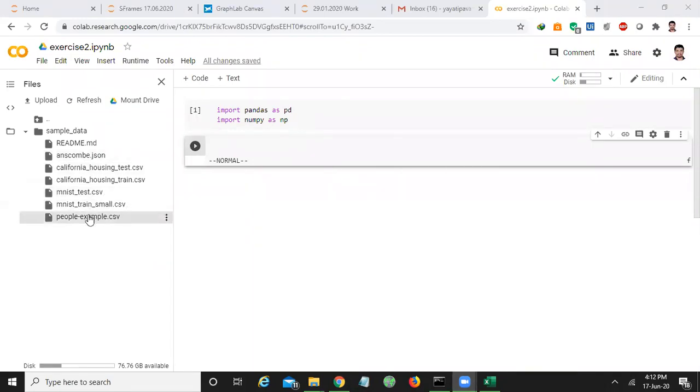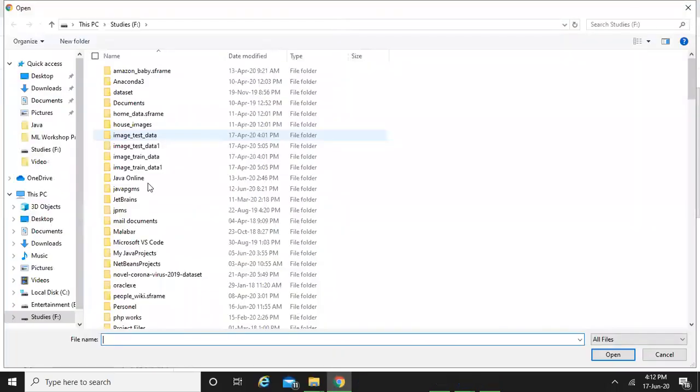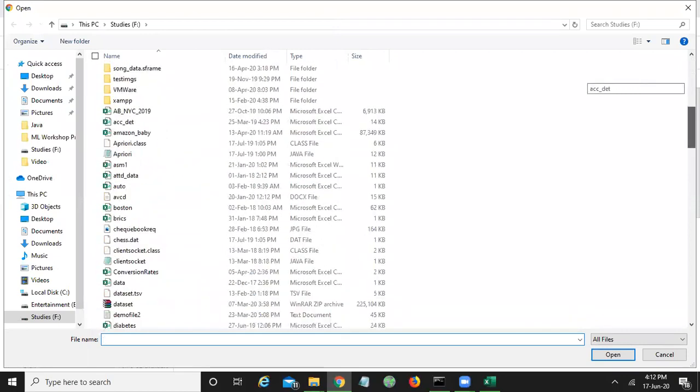Okay. Let me delete this people_example. Otherwise, you can directly click this upload symbol. Click on this upload and browse the file. I think your data set is somewhere in your laptop, right?